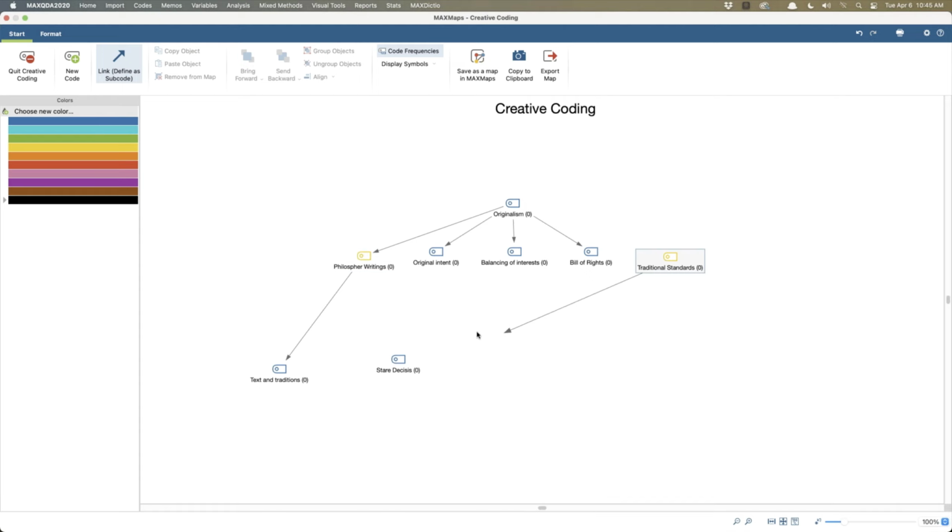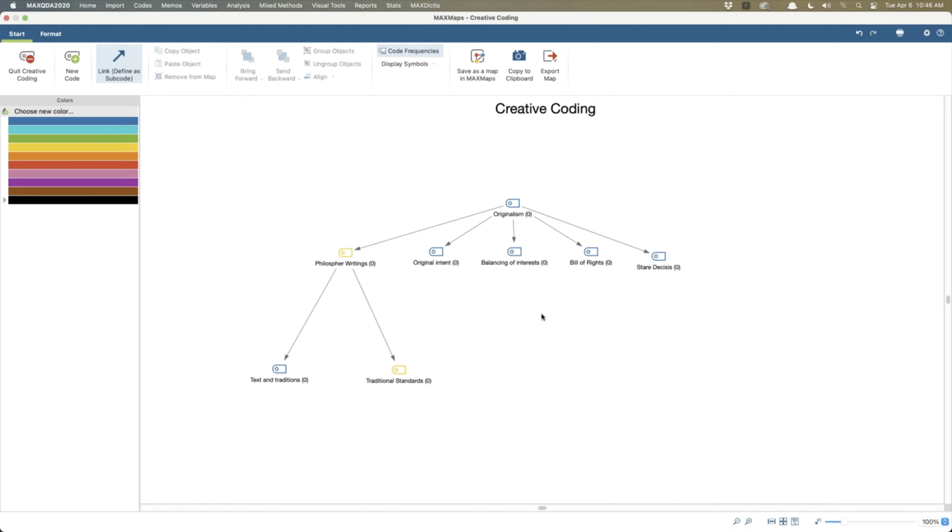Actually, I want to drag this. Turn that off. Move this over here. So now I've got a structure that I've created.